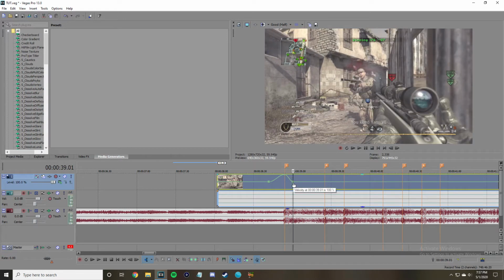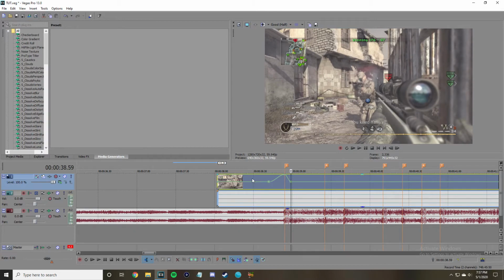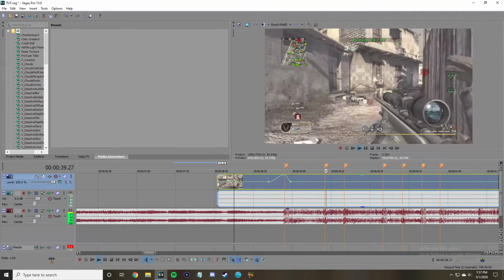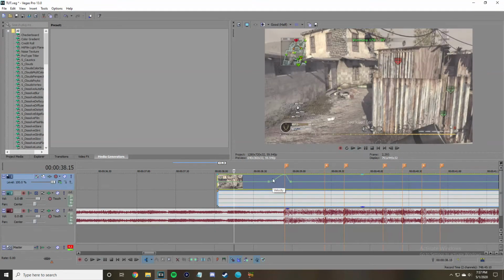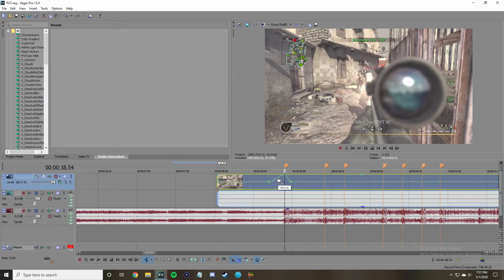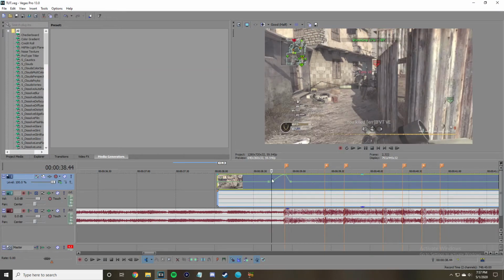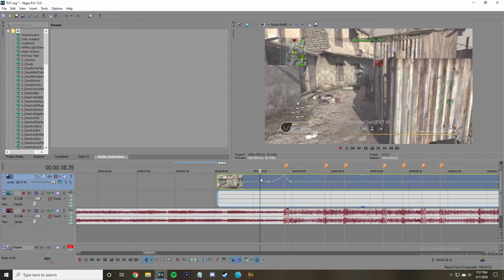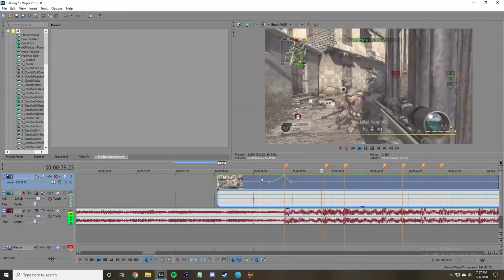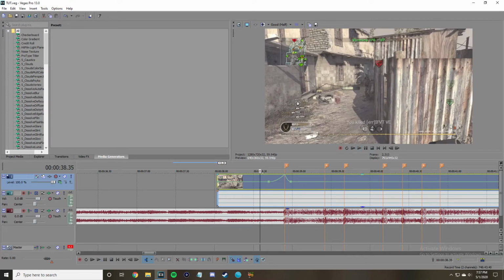So I double click again to bring it back to 100, and then it looks like this. It's synced but doesn't look amazing, like it is not beautiful. So what I would do here is if you click on the line in between two points, this comes up, and you can put slow fade or fast fade, all these different fades. I like to do slow fade in, right click here, fast fade out,